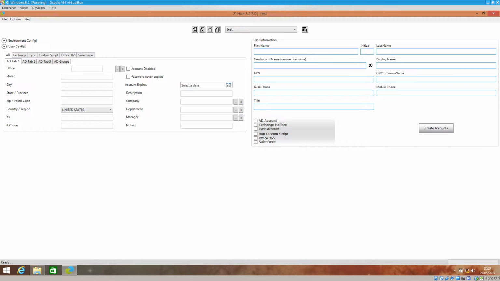So this is the interface that you will get to know. This is my working environment. Here I will show you how to use this tool, how to create templates, which you can use in order to create scores of users across all of your servers. For example,